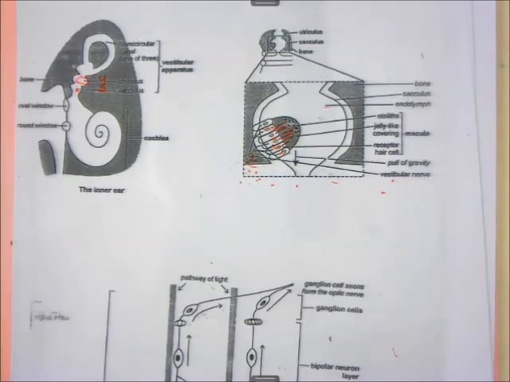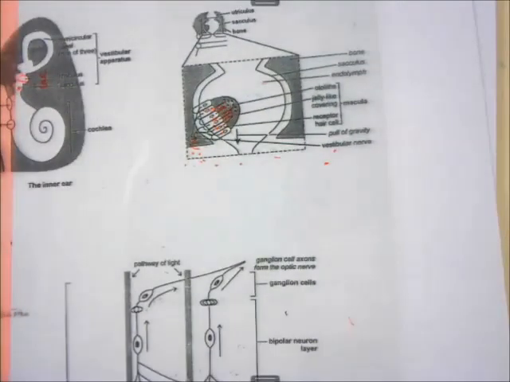We are done with regard to the ear, how the ear plays a role in maintaining balance, as well as how the ear plays a role in hearing. So now what we need to talk about is how hearing can be impaired. So now there are things that can cause hearing to be impaired. The first thing that can cause hearing to be impaired could be the accumulation